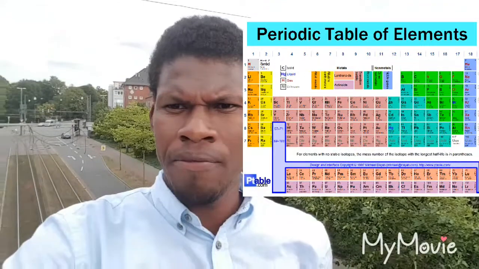And Mendeleev, the Russian scientist, we call him the father of the periodic table. He arranged the periodic table, the one that we are using. There were a lot of other scientists who came up with theories of arrangement of the periodic table. However, the Mendeleev one was the one we are using up to recently. So I advise you to revise the periodic table and how the elements are arranged in the periodic table,